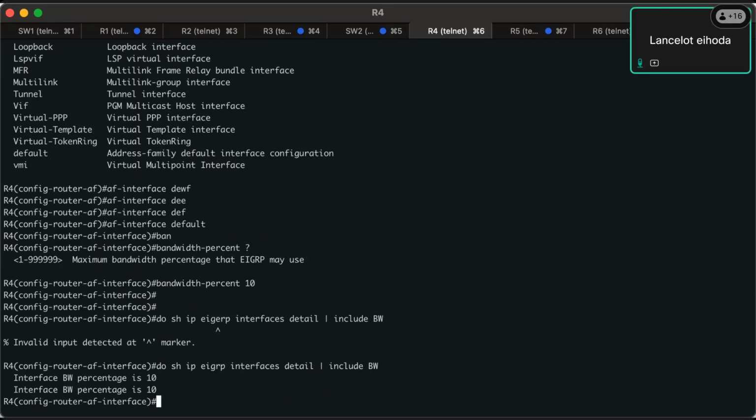So yes, any questions for me? So this particular 10% bandwidth is control traffic for EIGRP. For control traffic, for update traffic for EIGRP, yes. So for control plane traffic, not data plane. Do you understand? It is not saying